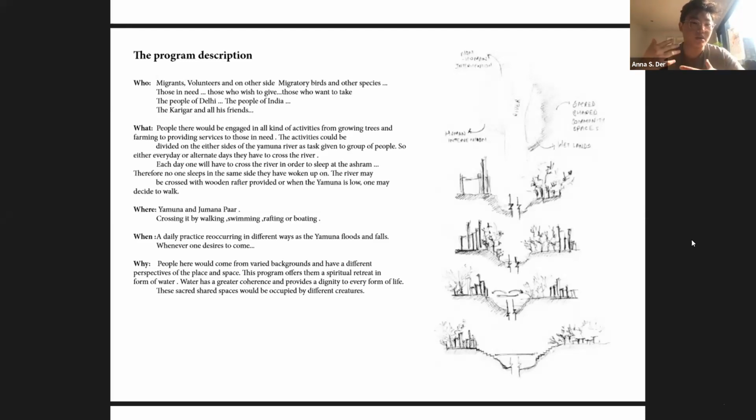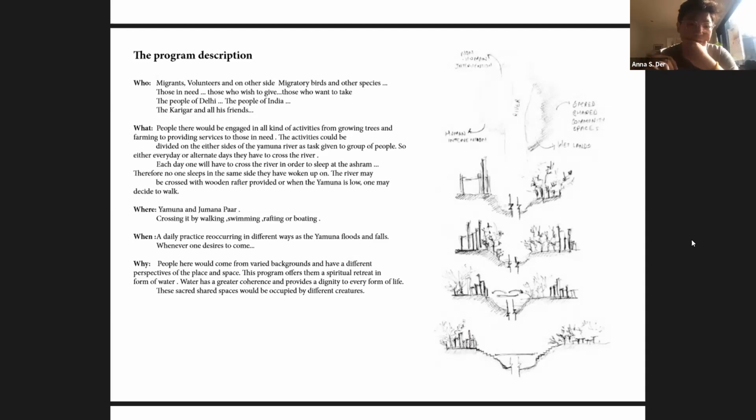And so the journey across the Yamuna is, we thought maybe you could walk, maybe you could walk across the Sabarmati when the water is low, but we figured out that the Yamuna is actually 60 feet deep, so probably not. But then we also thought, do we build another bridge? Do we build a bridge for autos or for people, or do we build a bridge on top of the existing bridge? What are other ways? Rafts, can we make rafts? Can we have boats? Can we make people engage with actually having to cross the river?